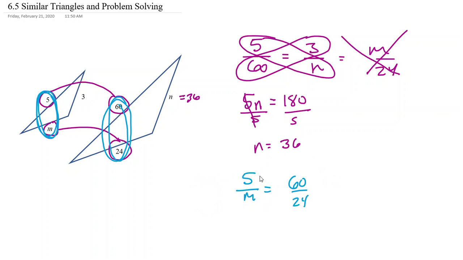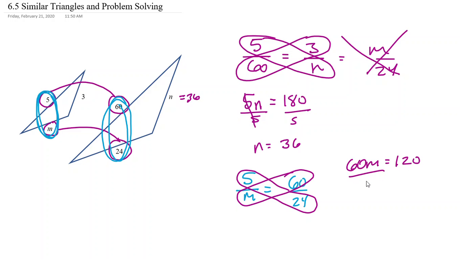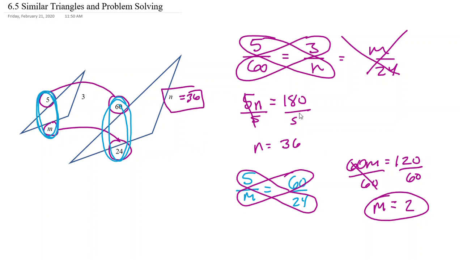Okay, so let's do it, but we get the same kind of ratio, and it turns out that the cross products are really what matter, and those are going to be exactly the same. So we get 60m equals 5 times 24, which is 120. So we'll divide by 60, and m equals 2, right? I think that's right. So now we have m equals 2 and n equals 36. Those are our two answers,